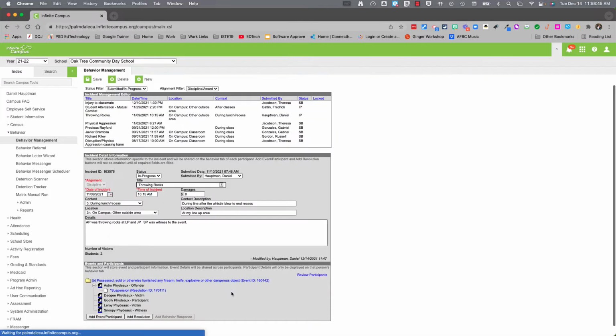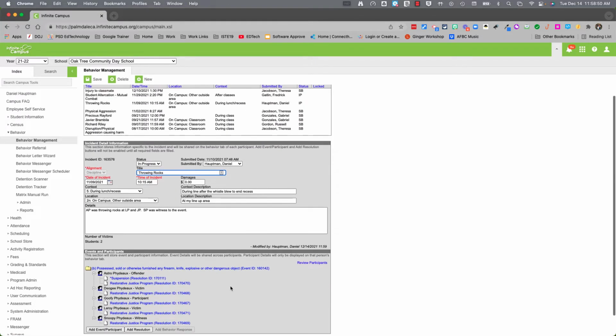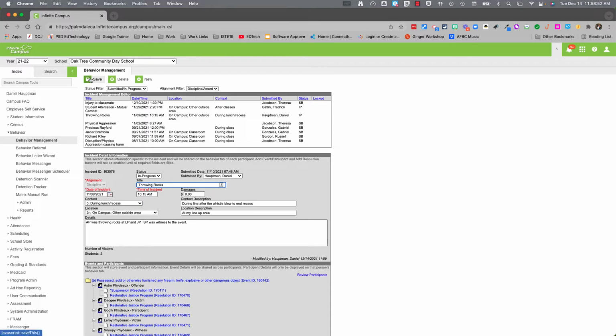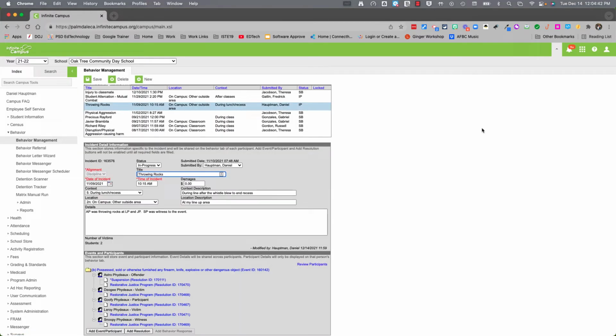I'm going to go ahead and save that. And now they all have their incident IDs. And now I can save and move on with the process of suspension for my first student. There we go. All right, now that I'm done with behavior management, now it's time to move over to the